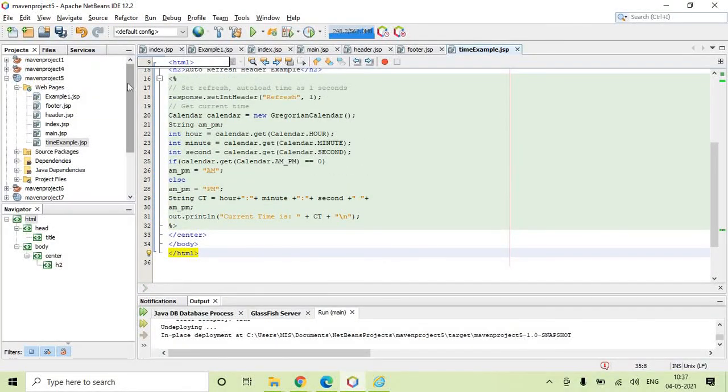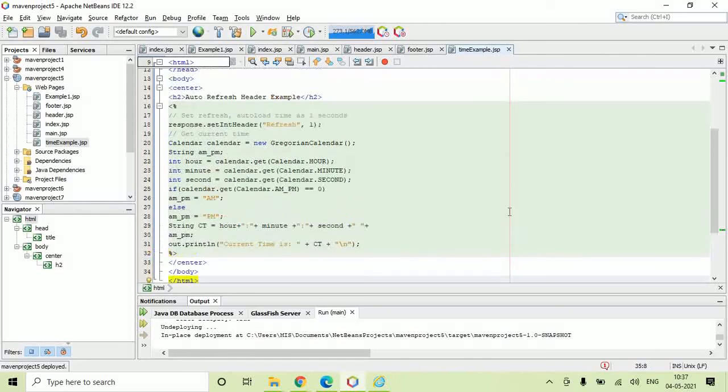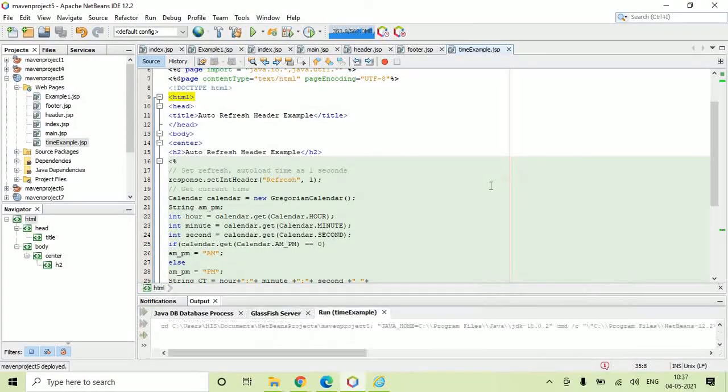Now let us save this file. Let us run this file.